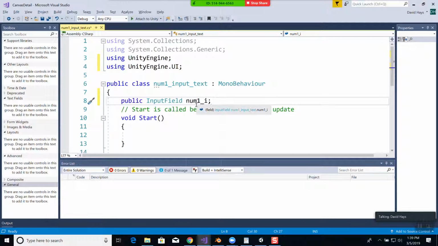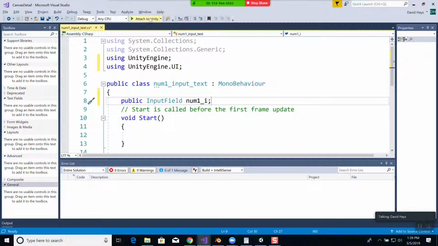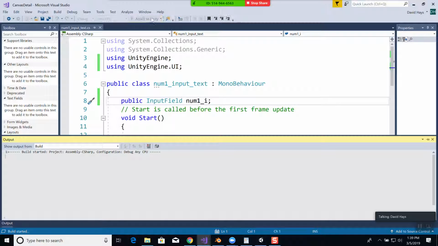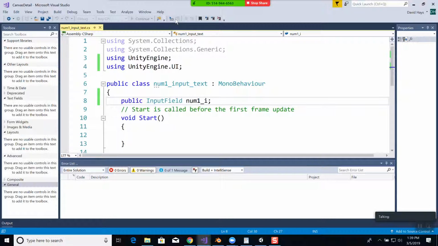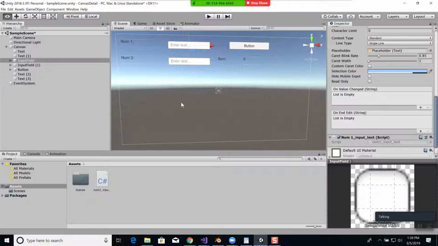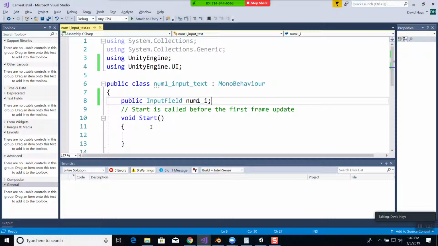Now, by putting that up there, then over here, if I attach that to Unity, send that to Unity, then you see over here, I got a variable that I can reference, num1_I. And that's attached to this input field. Now, if I actually go and drop this input field in here, kind of like attach it to itself, then through my code down here,